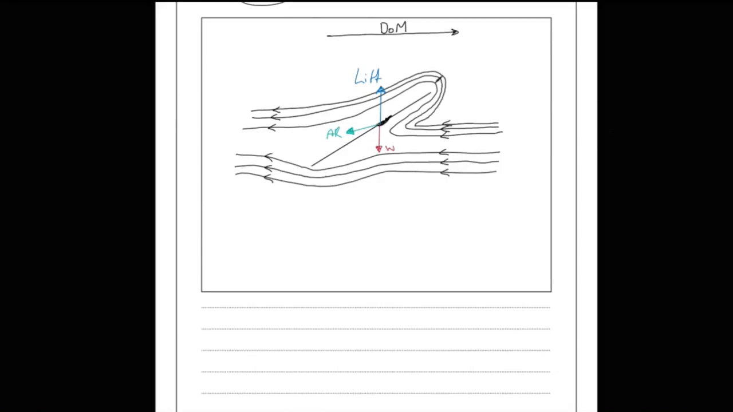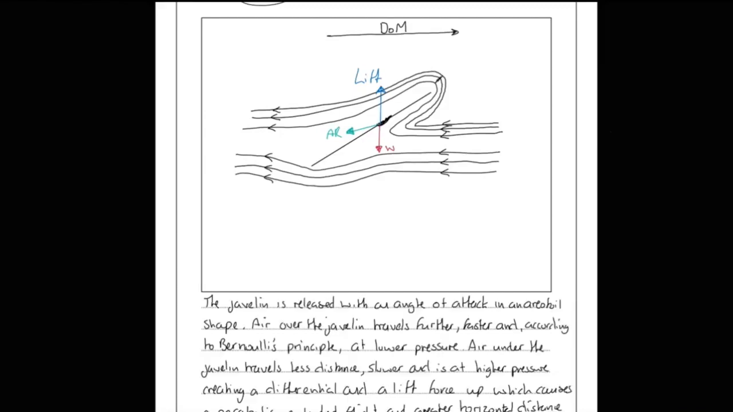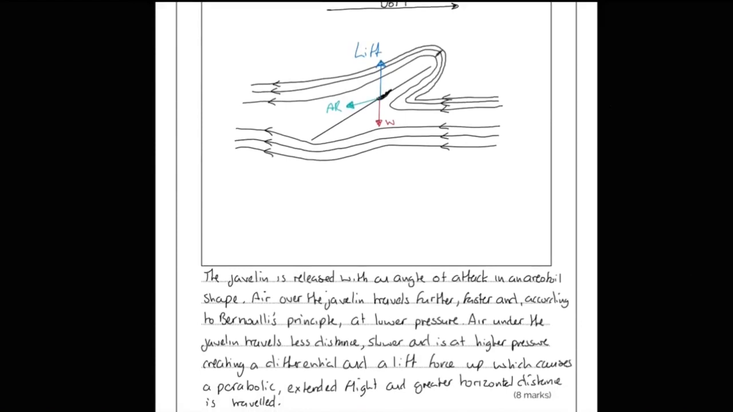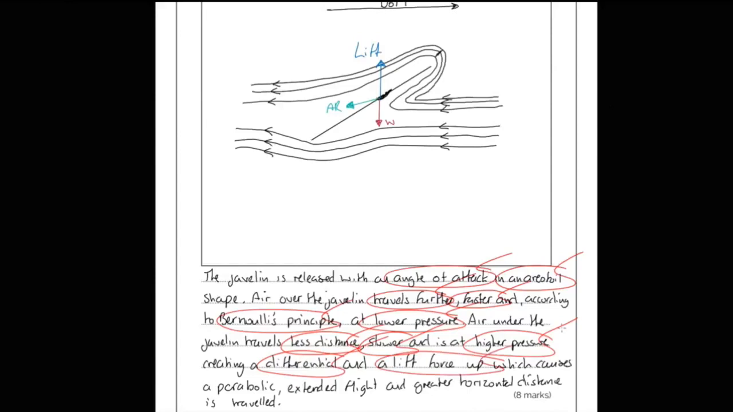Now, notice how much content one can get into two basic sentences. Let's read it together. The javelin is released with an angle of attack in an aerofoil position, air over the javelin travels further, air over the javelin travels faster, and according to Bernoulli's Principle, at lower pressure. So all of that is basically one sentence. That's how biomechanics can get us marks quickly. Air under the javelin travels less distance, slower, and is at higher pressure, creating a differential and a lift force up, a Bernoulli lift force up, which causes